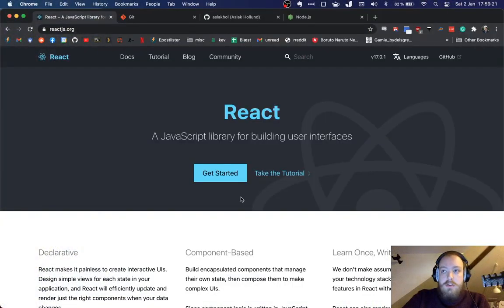So let's just begin with what React is. Let's bring up something on the screen here. React is a library for building user interfaces. In general, when you make normal websites, you just have JavaScript running in your browser, supporting this interface that you create in HTML. However, in modern web development, we usually build all of that stuff in JavaScript,